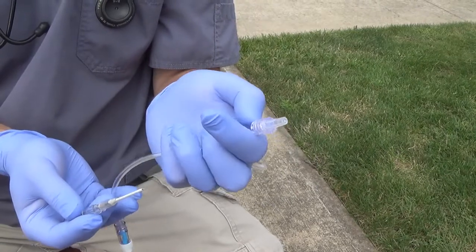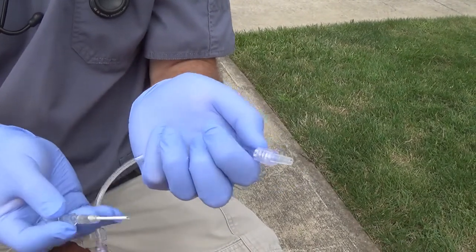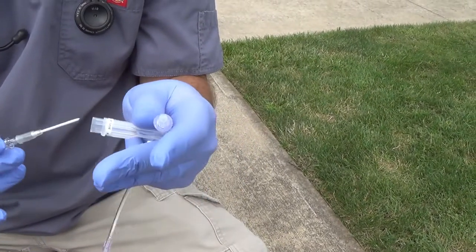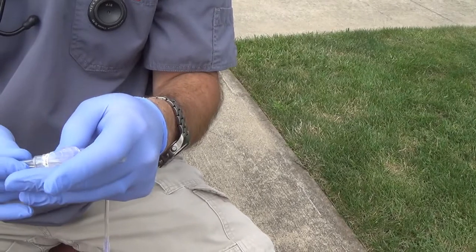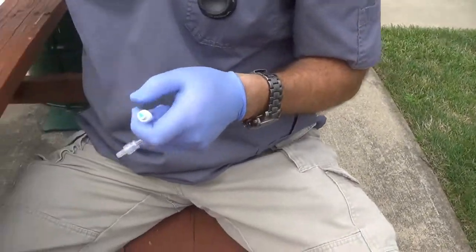So that's the purpose of an extension set. We can screw that onto here, and that closes us off with a little valve. A little luer lock is what they call it. So the other thing we need to do here too